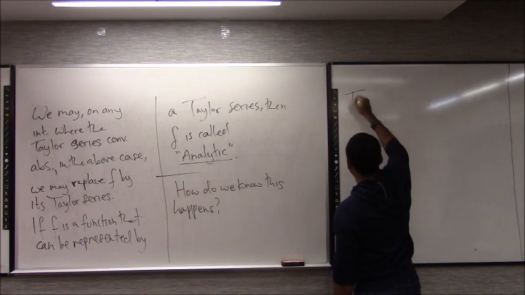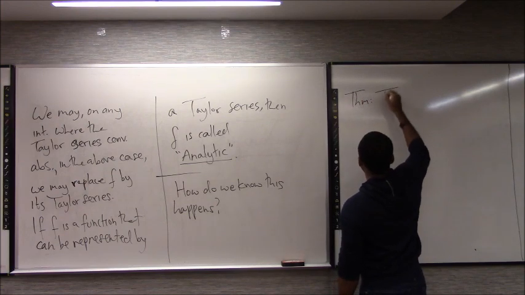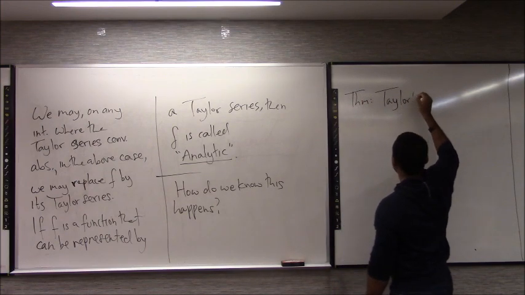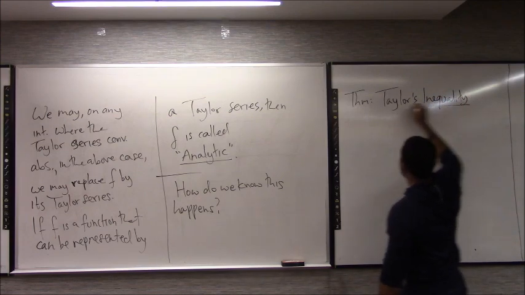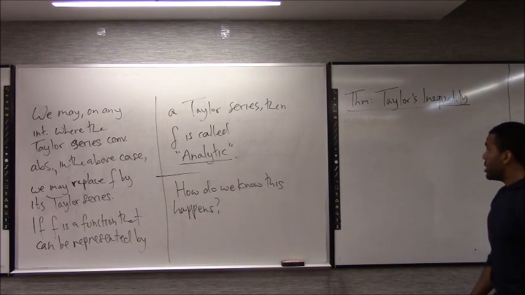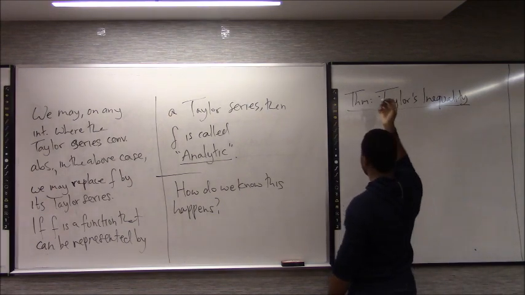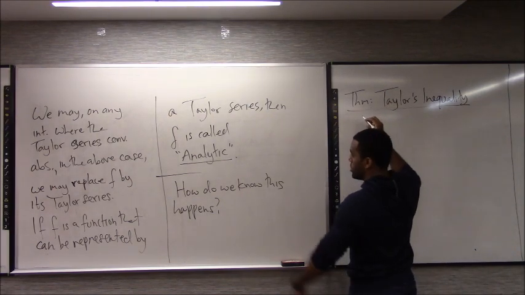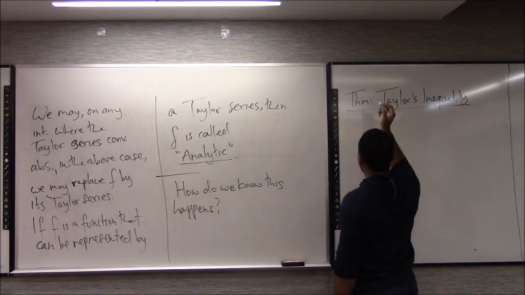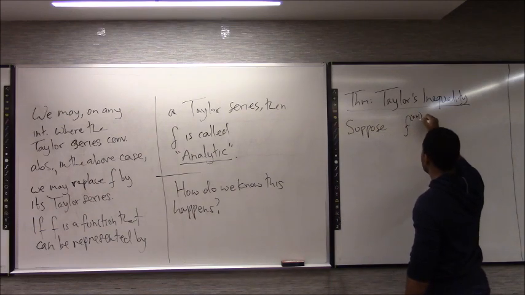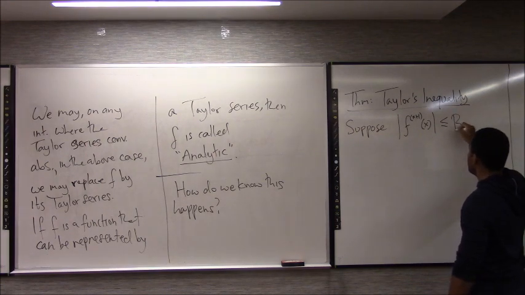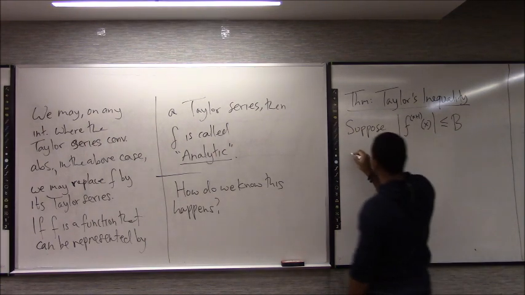So there's a theorem. The theorem is called Taylor's inequality. This theorem says the following, using the same notation from before. Suppose the expression for the n plus first derivative of f is less than or equal to b on an interval,